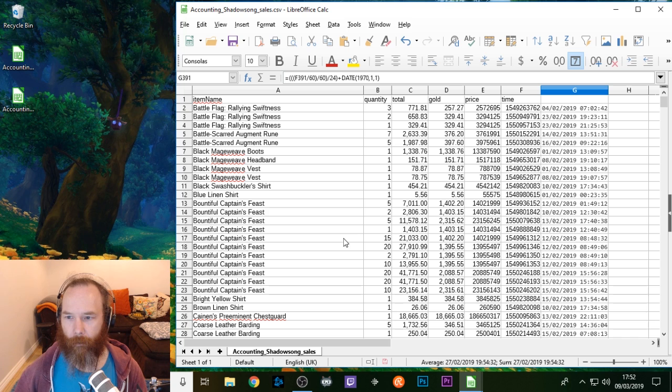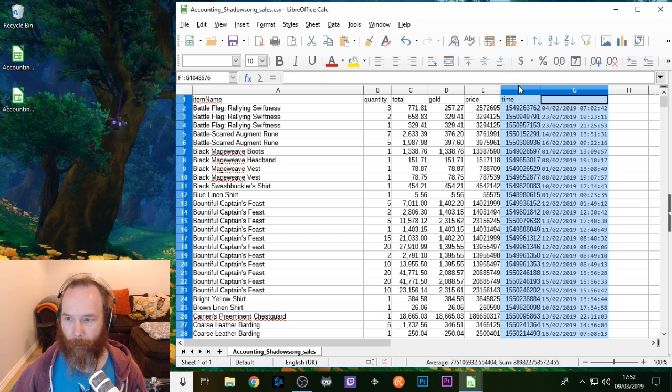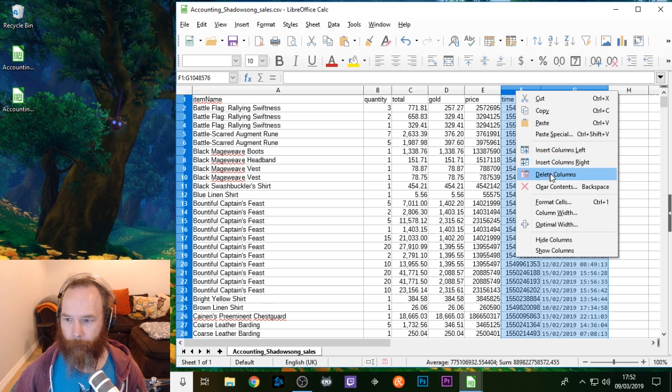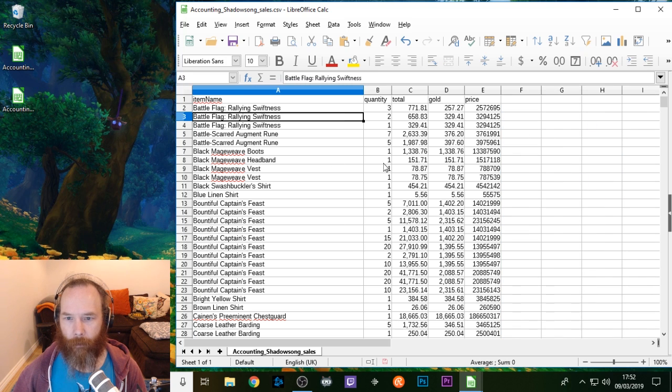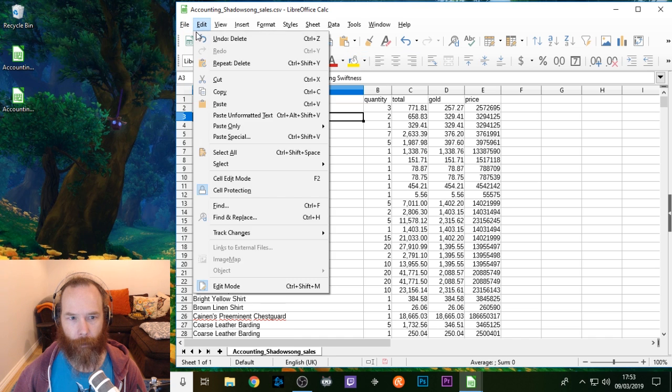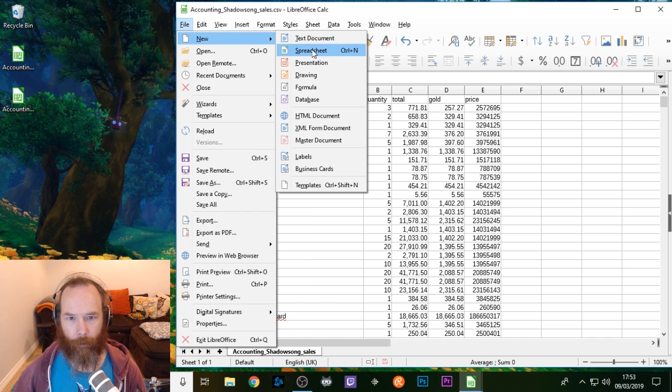So what I'm going to do with this is we don't need the time and date now, so I'm actually going to get rid of those 2 columns. I'm going to delete those. So now that we've got these, what I'd like to do is actually make a second spreadsheet, and you could use different subsheets down here, but I'm actually going to make a whole different spreadsheet so I can copy and paste from one to another. So I'm going to create a new document here, new spreadsheet,